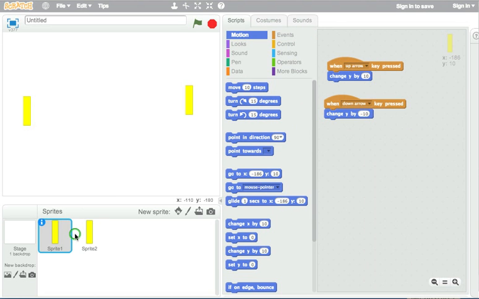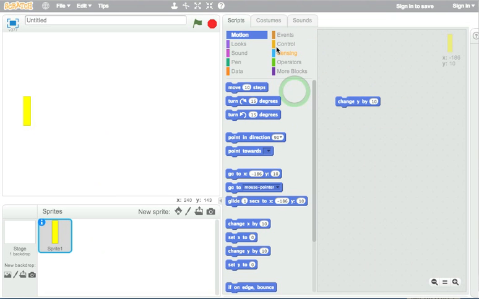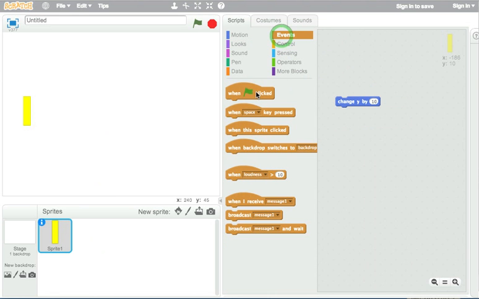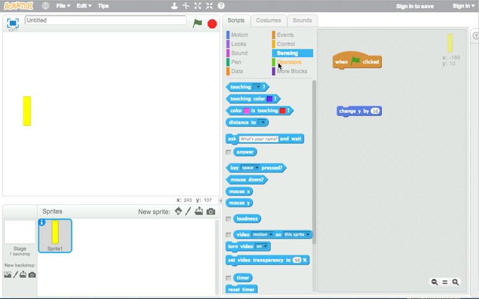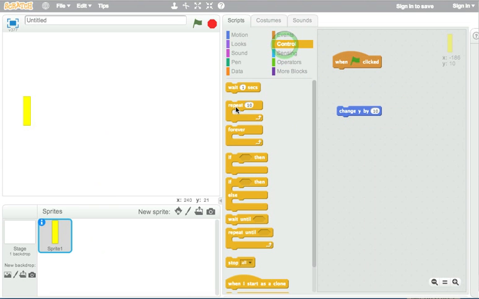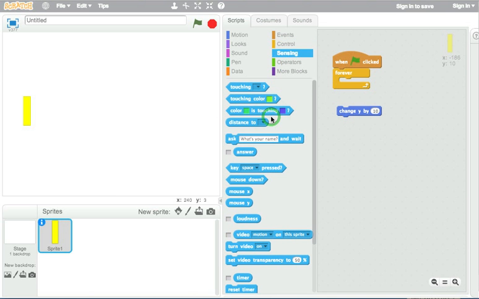The other way I could do it from a script is that I could change its Y coordinate by having a loop run and use a forever loop running, so that when the green flag is clicked, so when the game started, or some other start message. We'll use the green flag for now, and we'll just check if